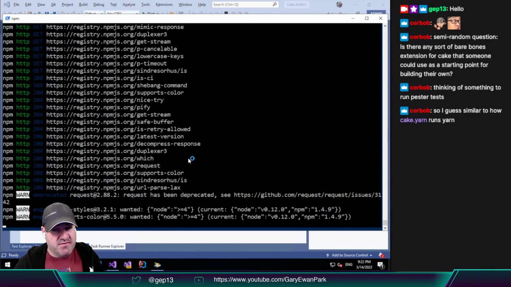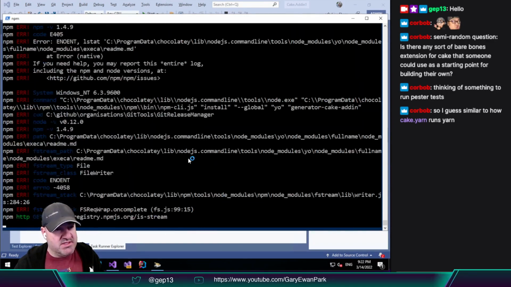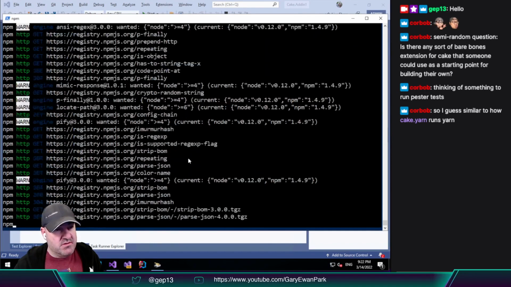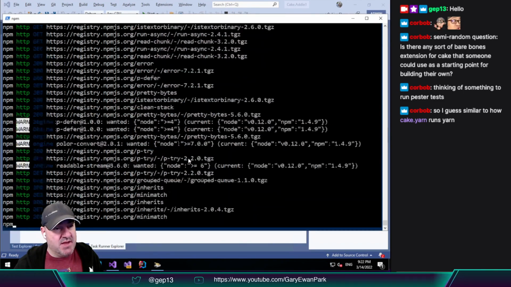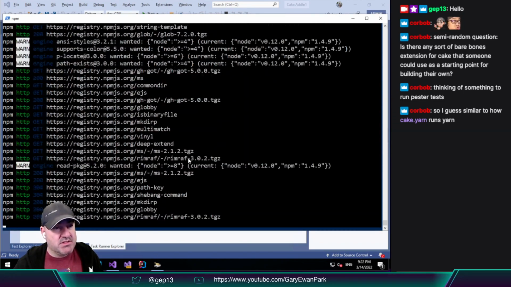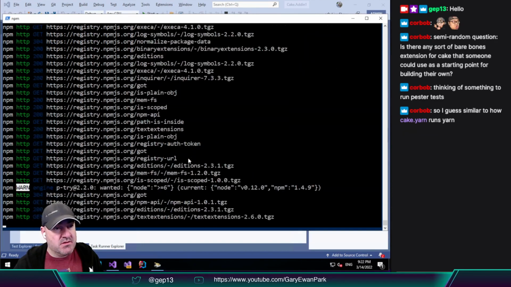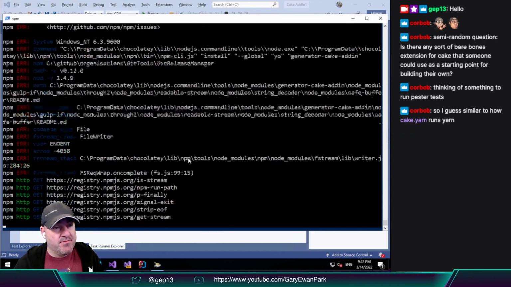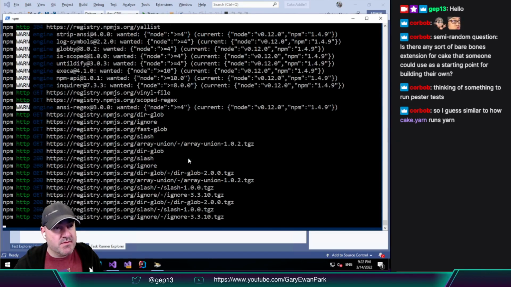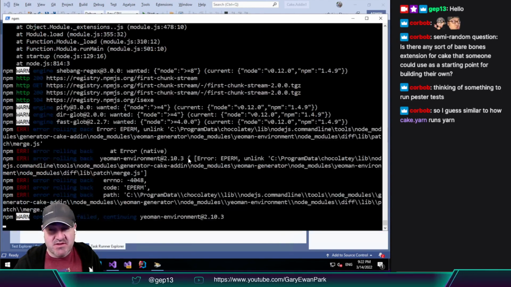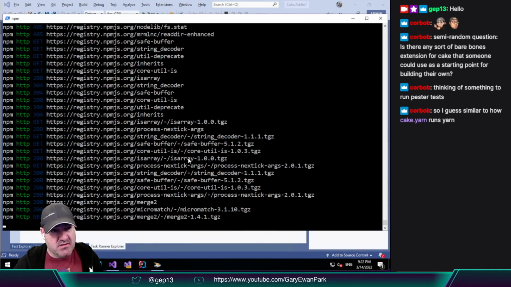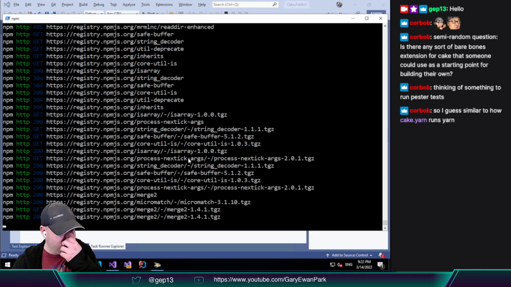That's doing a bunch of stuff. I see some errors though. Never quite sure whether an npm error is an actual error or whether it's something it can recover from. A lot of stuff flying past my screen there. But what we're getting at is, if I were you, if you wanted to start with an actual shell of